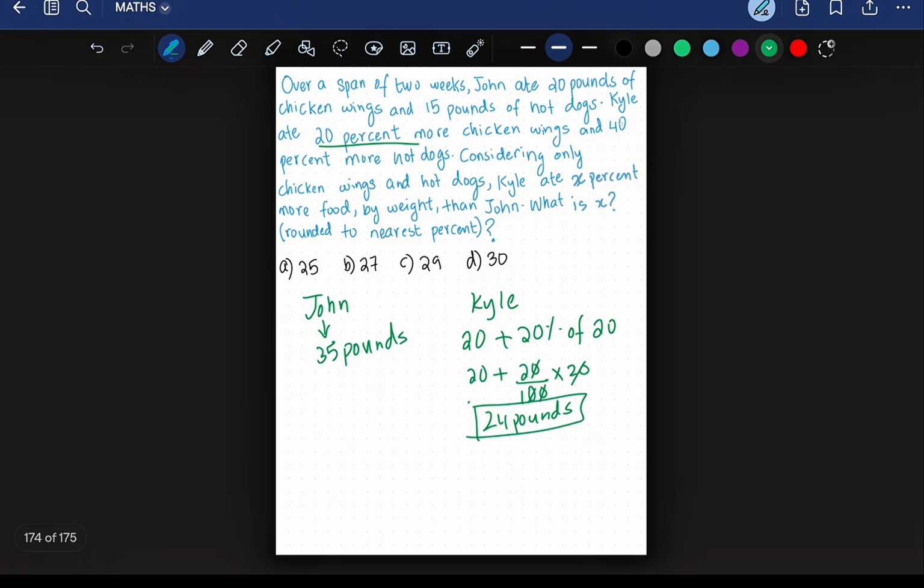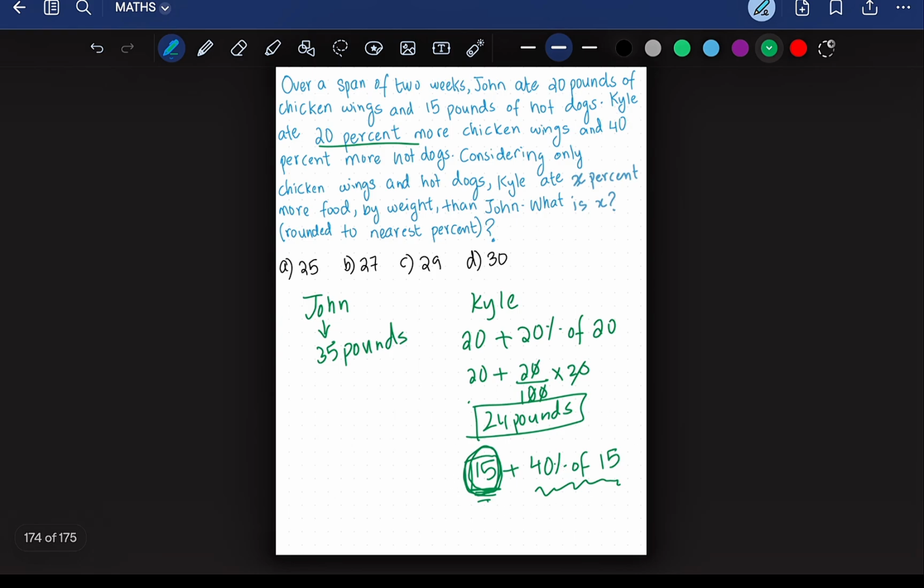for Kyle. Then Kyle has had 40% more hot dogs than John. So he must have had 15, which is what John has had, and since Kyle has had 40% more hot dogs, we're going to add 40% of 15 to it. So you see why I've taken 15. I've taken 15 because this is what John has had, and over this, Kyle has had 40% more. So he must have had 15 and then 40% more, which is the total amount of hot dogs